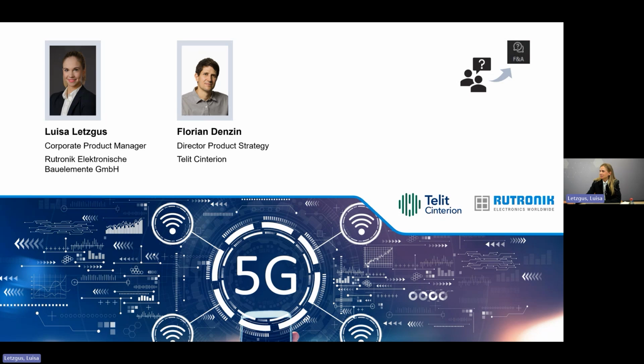Then another question, speaking of global coverage and fallback: when do you think 2G will definitely no longer be necessary? For example, a global container tracker in every part of the world. Yeah, that's also a good question. 2G is already out in many major markets, but in some regions it's still there. For global applications, maybe NTN will help a little bit there,